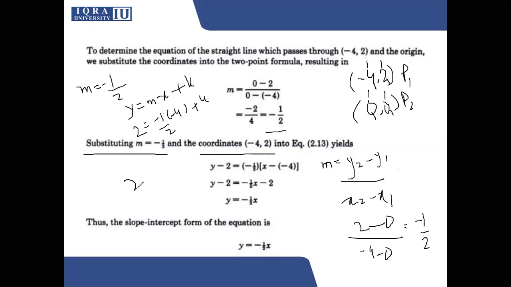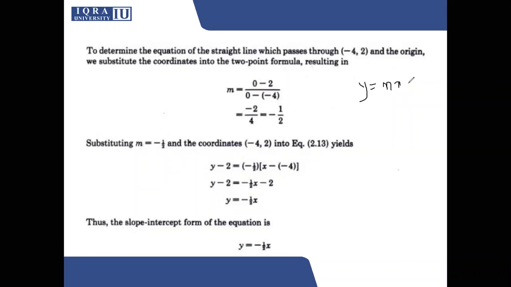When you solve this, what do you get? 2 equals minus 2 plus k. I think I've made a mistake over here. No. Okay, so this will be plus 2. So 2 equals 2 plus k. I take 2 to the other side. I get k as 0. So in my general form, k is 0, and I'll just clear all this.